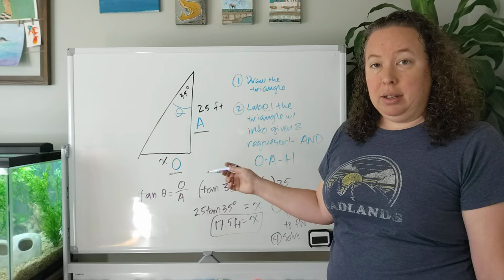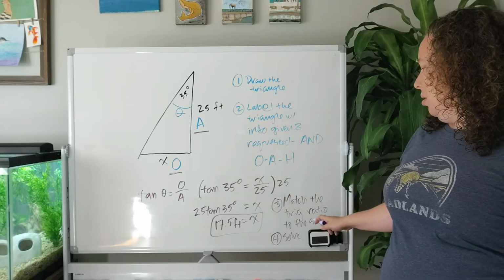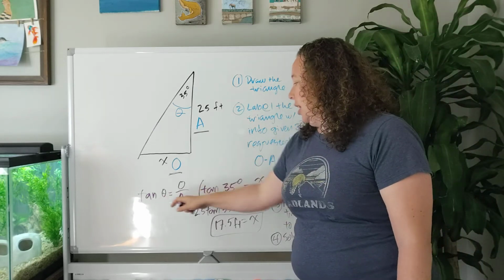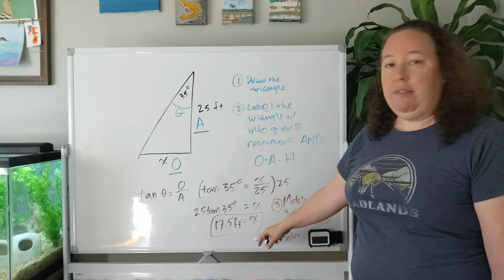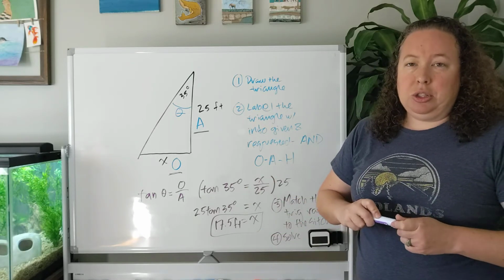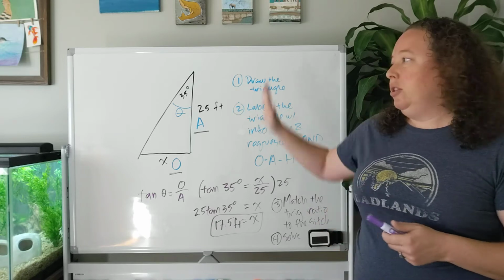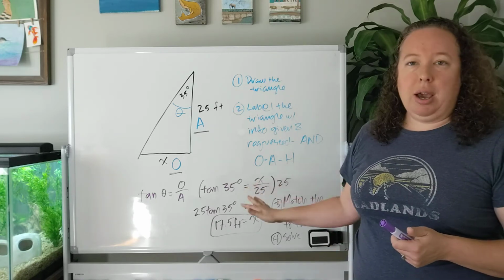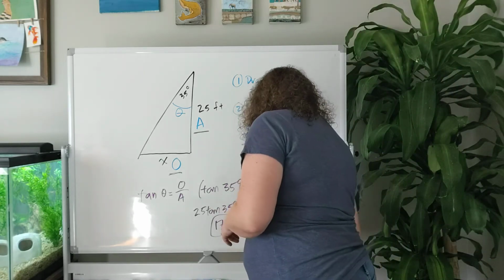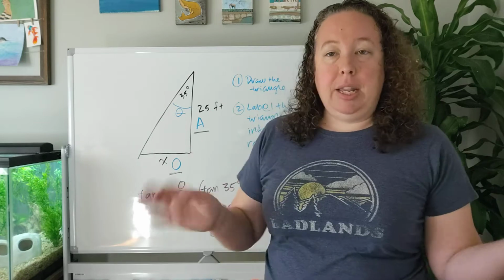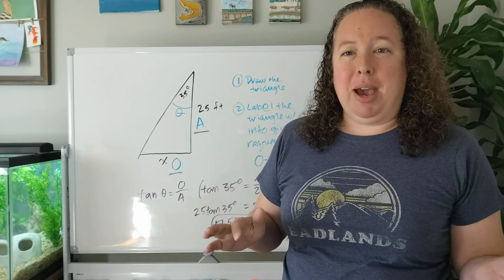Why did we need that? Because we need to know what trig ratio to match to the situation. Then we say, okay, this has to be tangent, plug in what we know and what we need, and then solve. So we did do some of this at the beginning of the quarter. Maybe we've gotten a little rusty on it. So this is just a refresher on how to solve a problem of this type. Next, I'm going to clear the board and we are going to talk about the